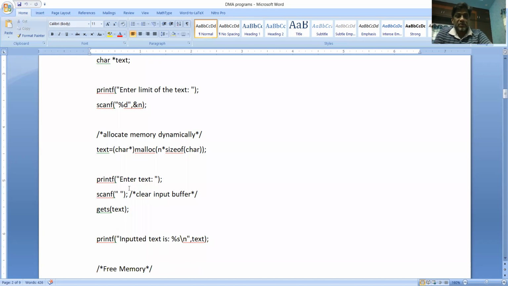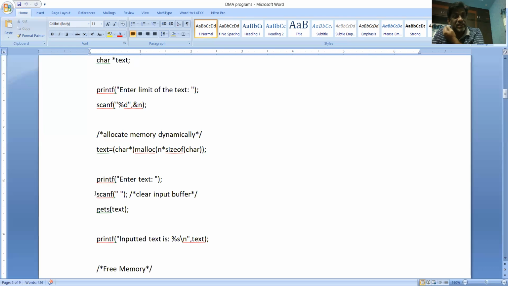Then we'll ask the user to enter text. I'm using gets here for receiving the text. This scanf with empty format is done to clear any input buffer, if there are any previous values stored in the input buffer.